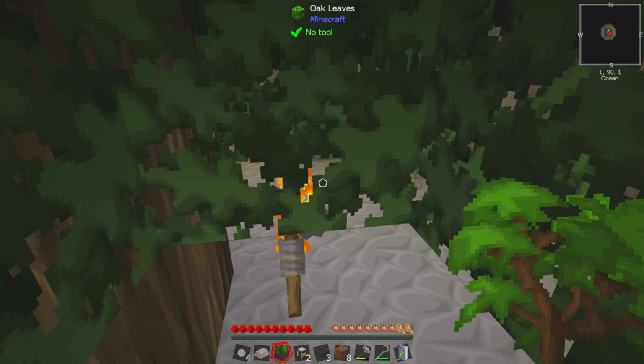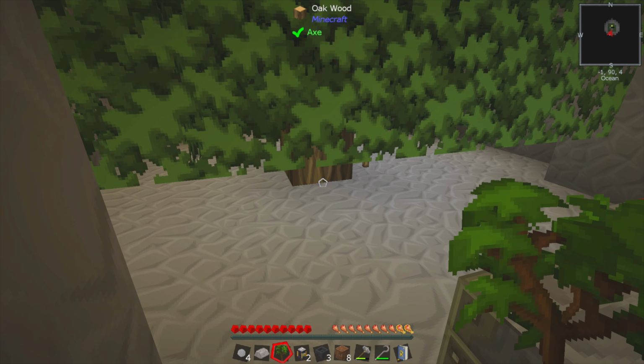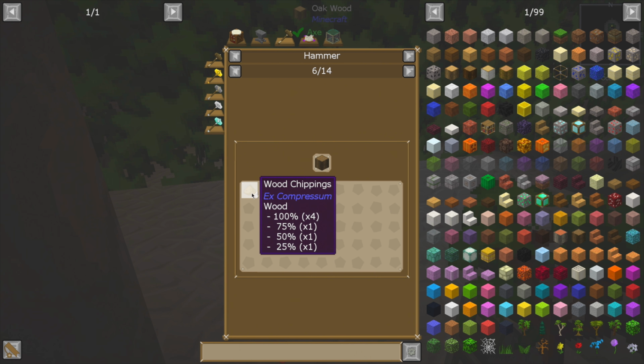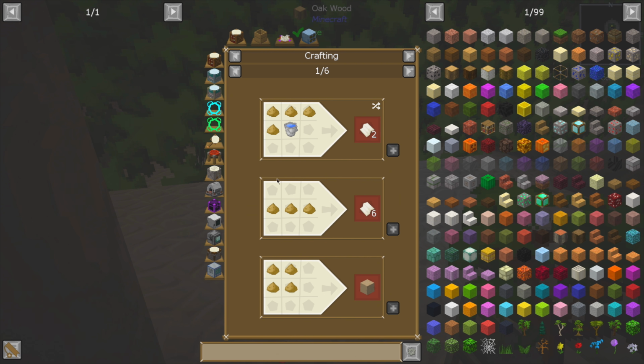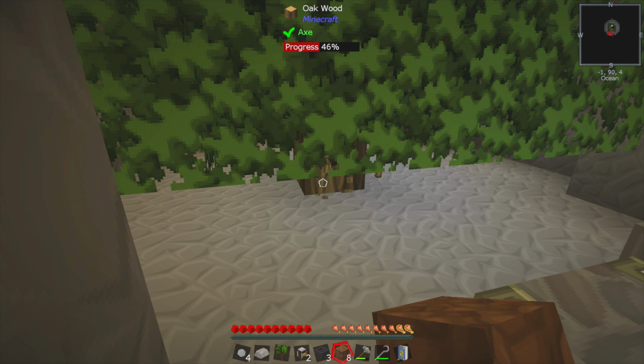I was talking slowly so that hopefully it would happen without me having to do a cut, because when it comes to editing, I'm lazy. Something to note is if you break any type of wood, you can get some wood chippings using the hammer, and wood chippings can be used to make paper, but we're not going to do that. We're just going to use some dirt, and that'll cut down all the wood, but before